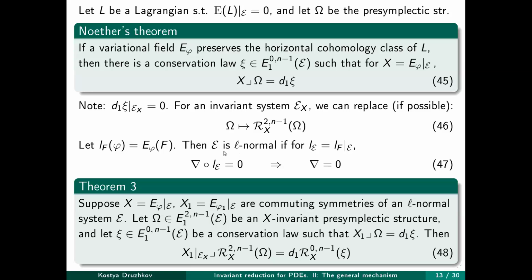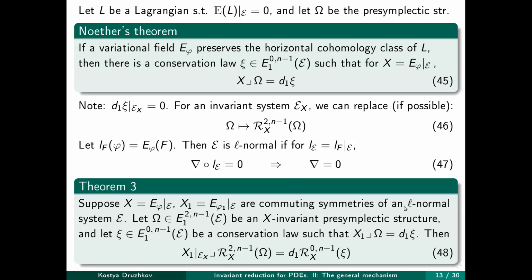Then epsilon is L-normal if for the restriction of this linearization operator to the system epsilon, we have the following property, which tells us that if we have an operator that kills the linearization, then the operator must be 0. If a system has this property, then it is L-normal. And for L-normal systems, we can formulate theorem 3 that actually relates the Noether theorem and the Noether theorem for invariant solutions. Suppose that we have two commuting symmetries,